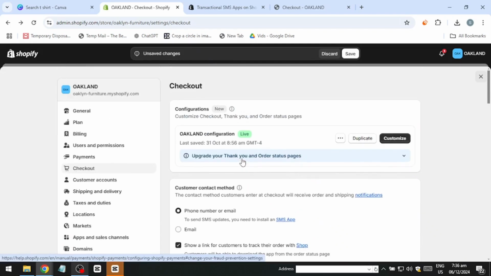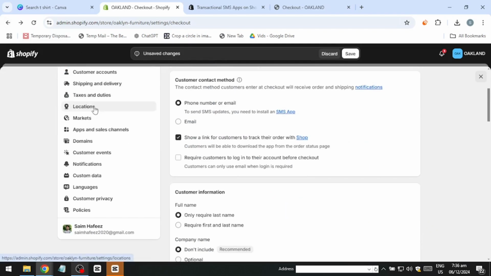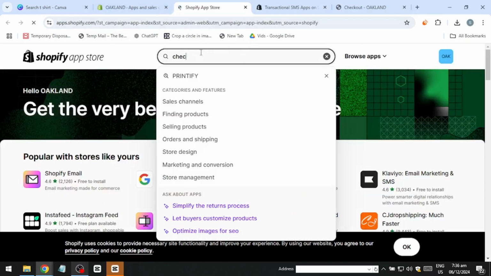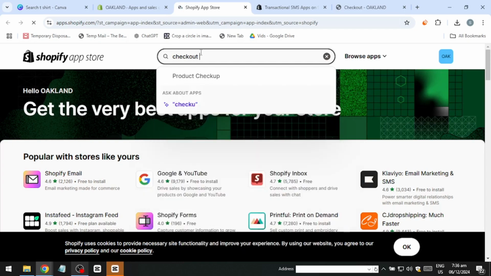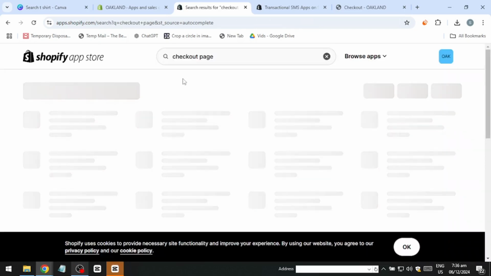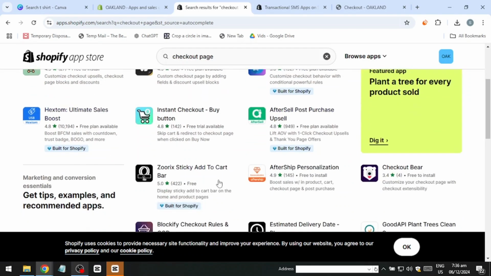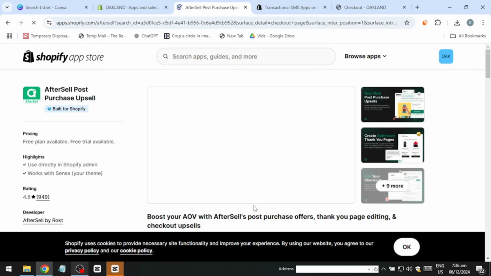Once your checkout settings are all set up, head to the Shopify App Store to explore additional integrations. Try searching for Checkout Page to find some great options. One of my favorite apps for boosting sales is After Sale Post-Purchase Upsell. There are plenty of other useful apps like pop-ups and instant checkouts that allow you to upsell during the checkout